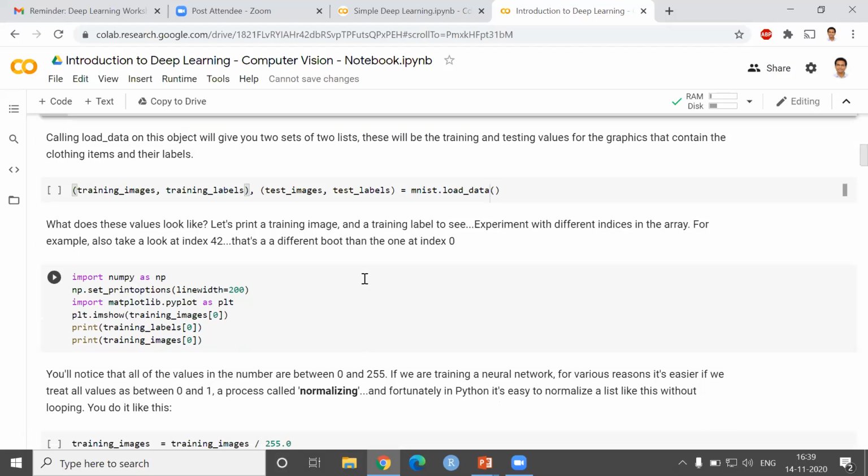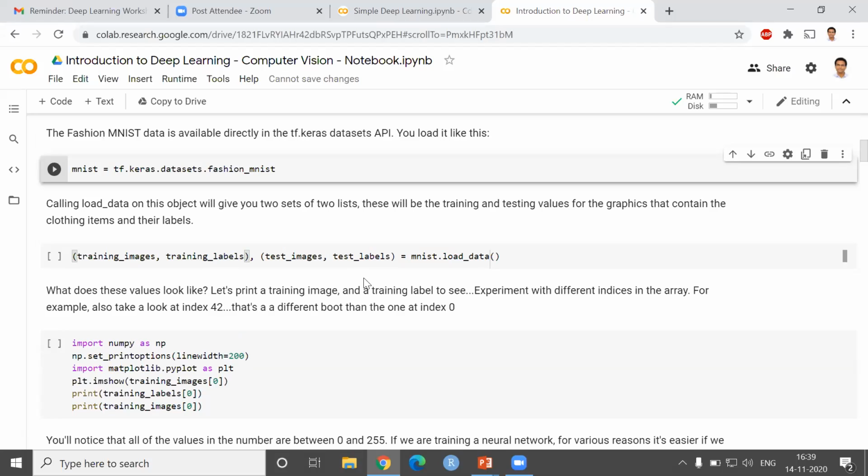As we did earlier, we can just simply load the data. We have already stored the data in mnist, so the data is there in this particular variable. We can load the data using the function load_data, mnist.load_data, and we want the training images and training labels as well as test images and test labels.